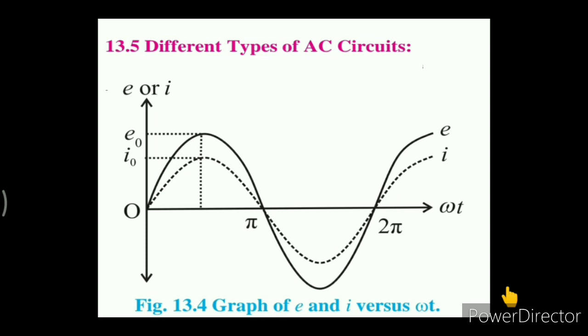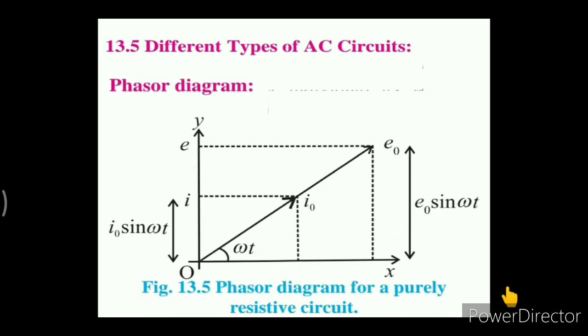That is shown in the graph. As well, by means of the phasor diagram, here we come to know that the current and voltage are in the same phase. Hence, both phasors for I and E are in the same direction, making an angle omega t with OX, and the angle between E0 and I0 is 0 over there. And also their projections on the vertical axis give the instantaneous values. So, the phase angle between alternating current and alternating voltage through resistor R is 0.